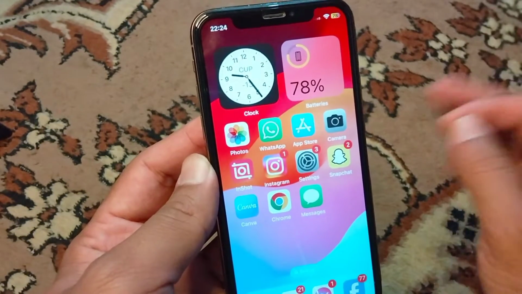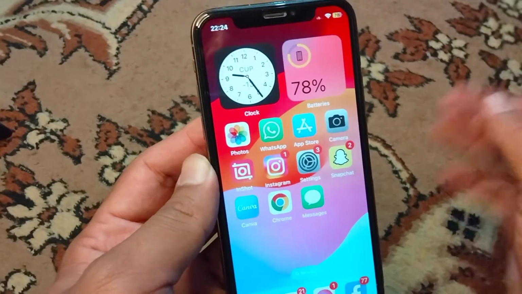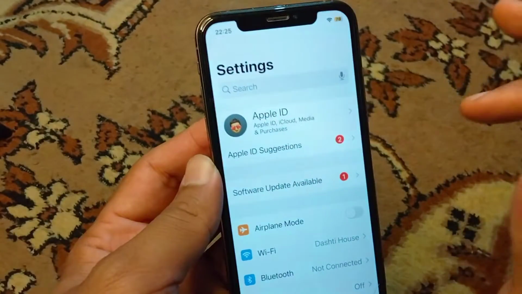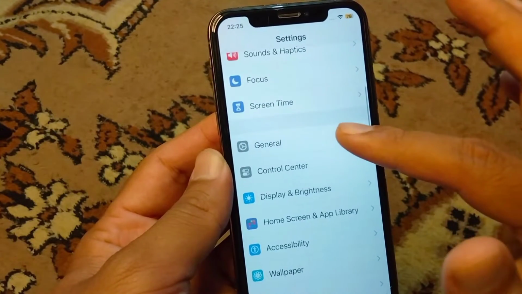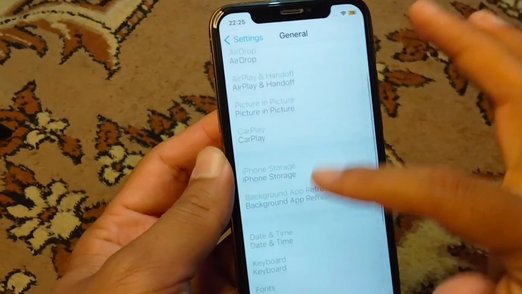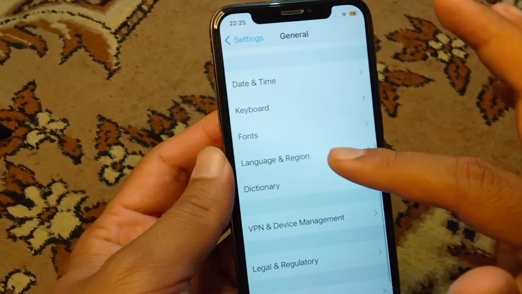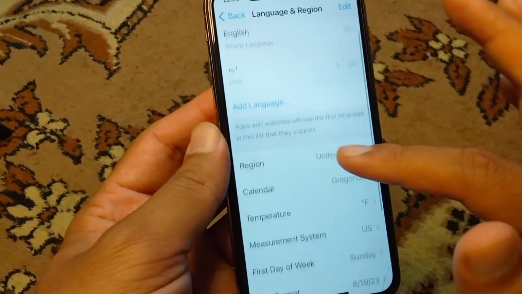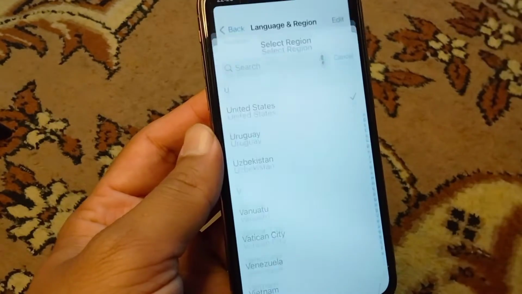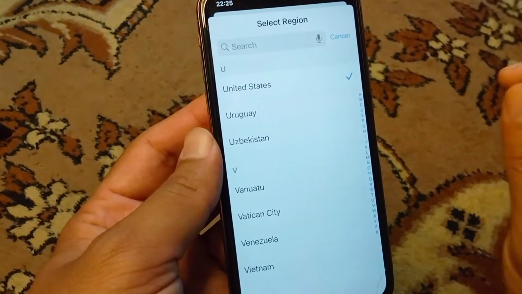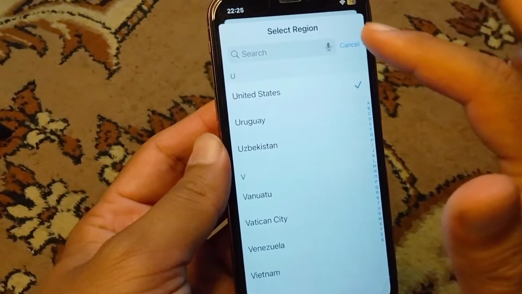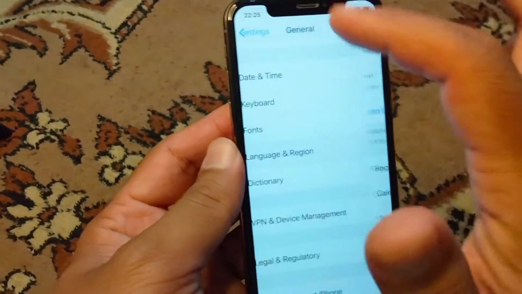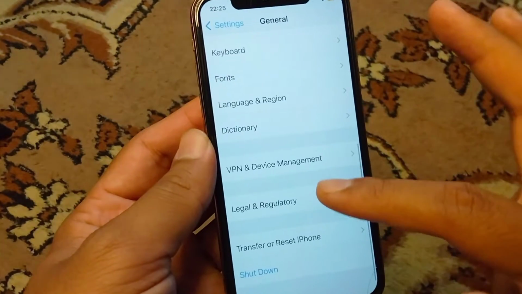fixed or not. So guys, if the problem is still there, then go to the settings again and from here scroll below and from here tap on General again and from here scroll below and tap on Language and Region and from here you have to tap on Region again and select your current country or region correctly from here. So select your region or country correctly and after this go back and open your VPN and